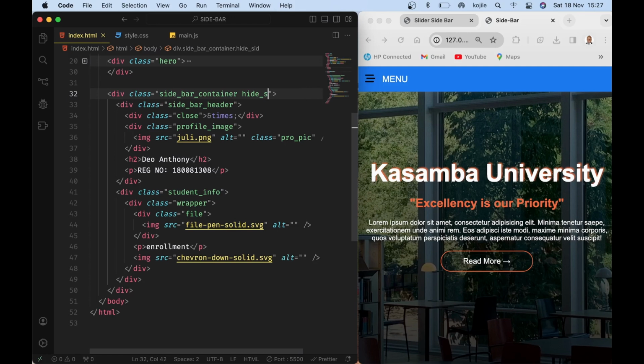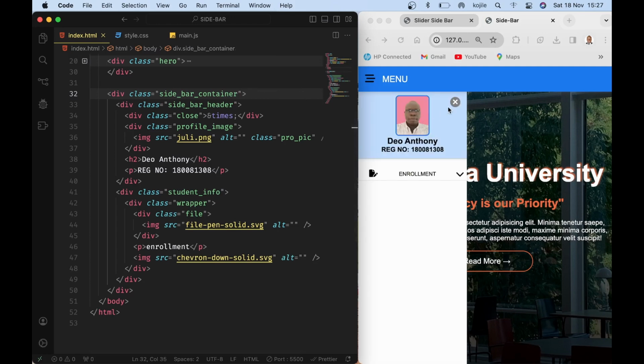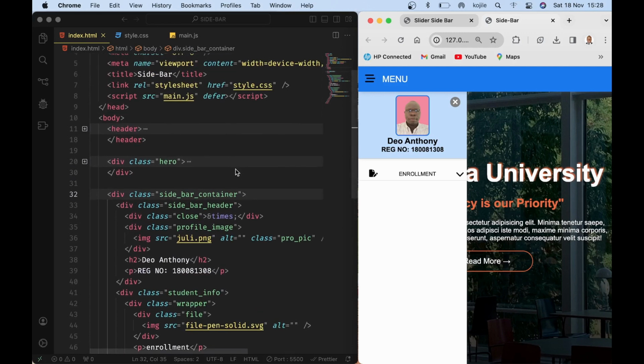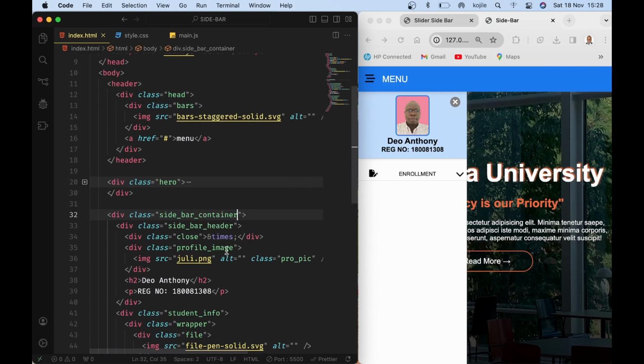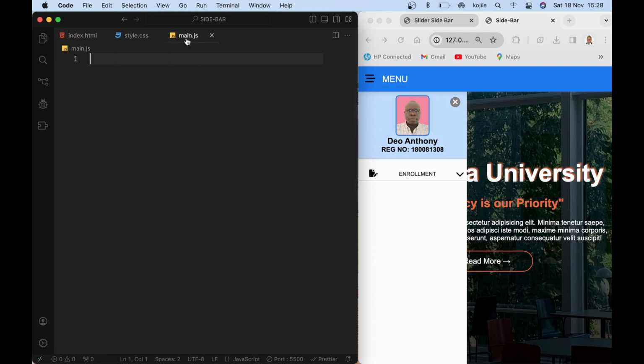So let's remove it here. We shall animate it using JavaScript. Now, meaning the first thing we have to take is declare some variables here. By first of all looking at this cross, what is the class for this cross? It was in a header, so header is up here. We can unfold it and look at the cross. The cross was having this here is having close, so we can copy it and go to our main.js, then